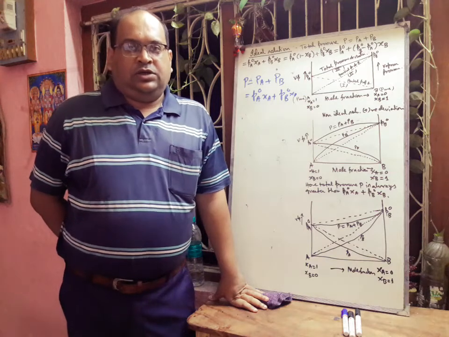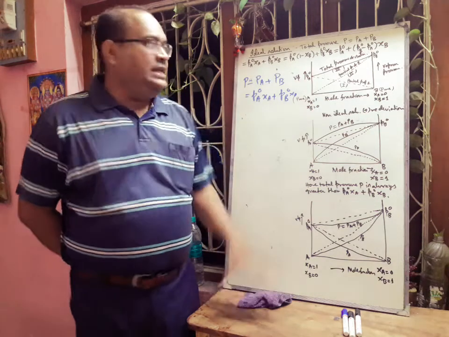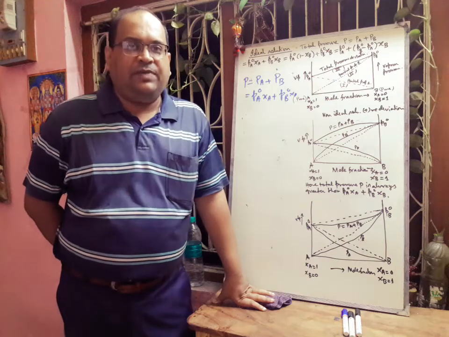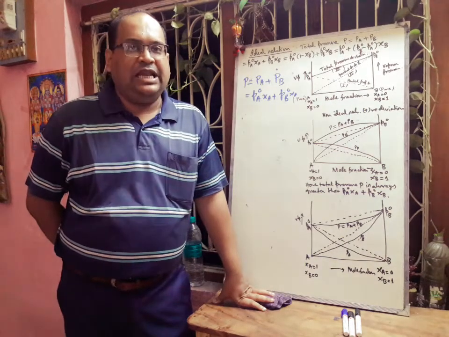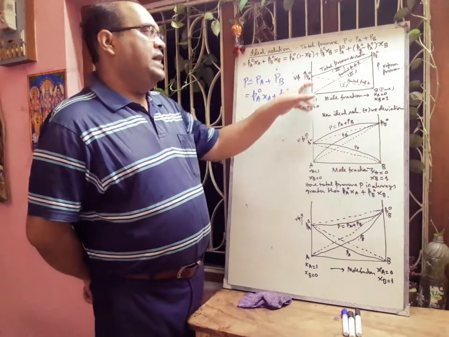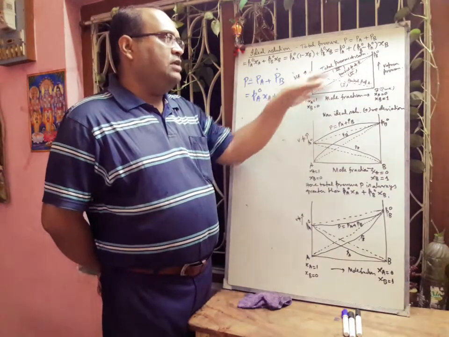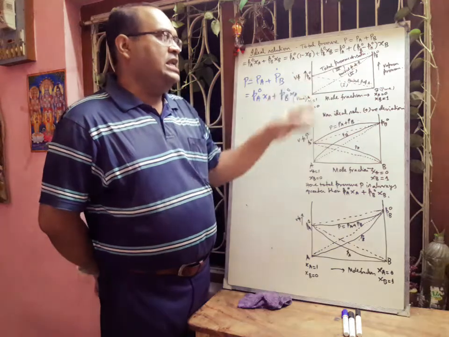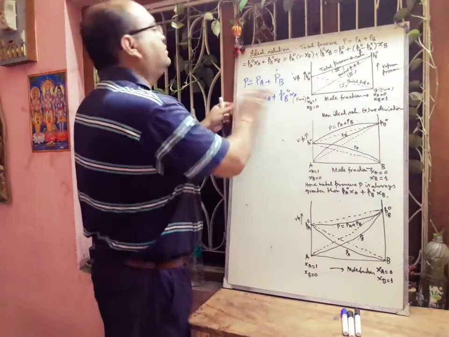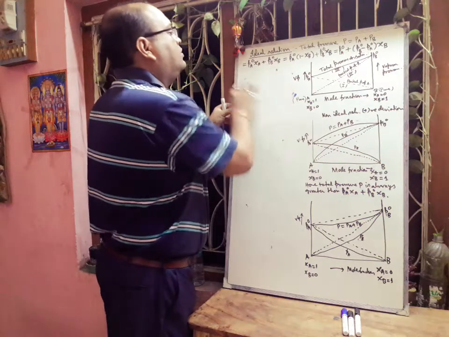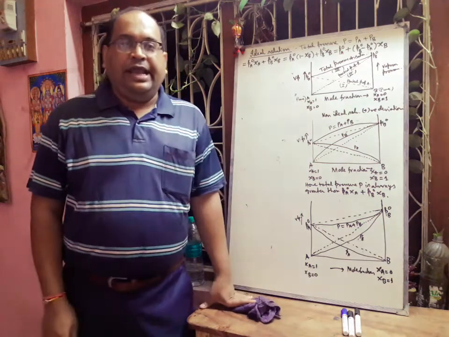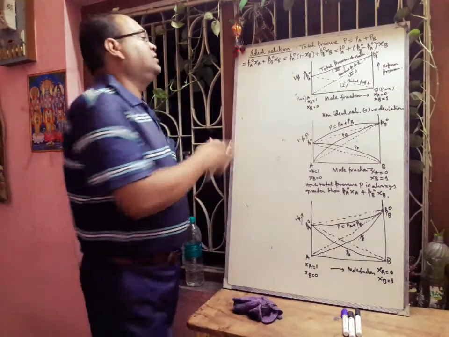From this figure, it is clear that in case of an ideal solution, the vapor pressure of a solution of different composition lies between the vapor pressures of the two pure components Pa0 and Pb0. So what will be the vapor pressure? That will lie between these. This line indicates the total pressure of the solution. Hope you can understand the graph. Next we will discuss the non-ideal solution.